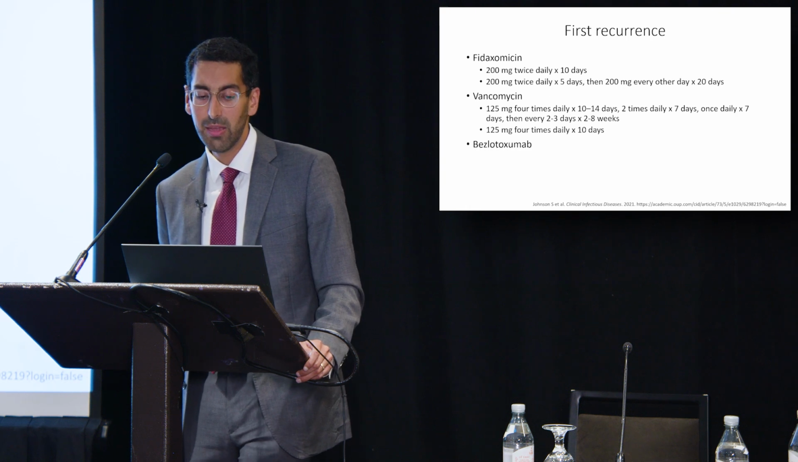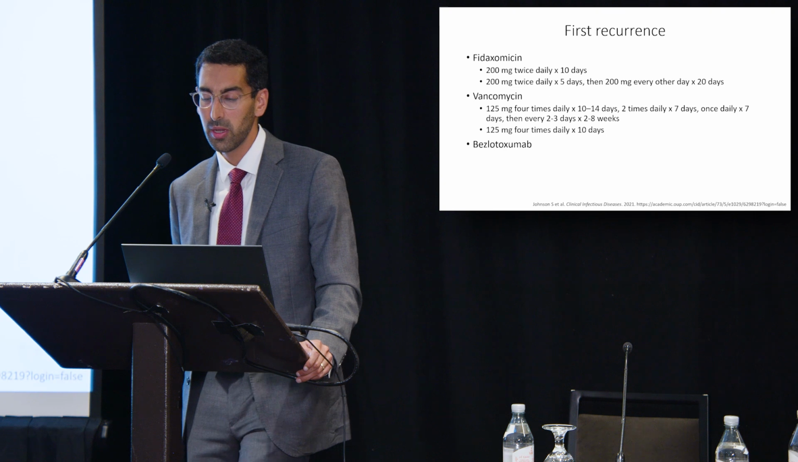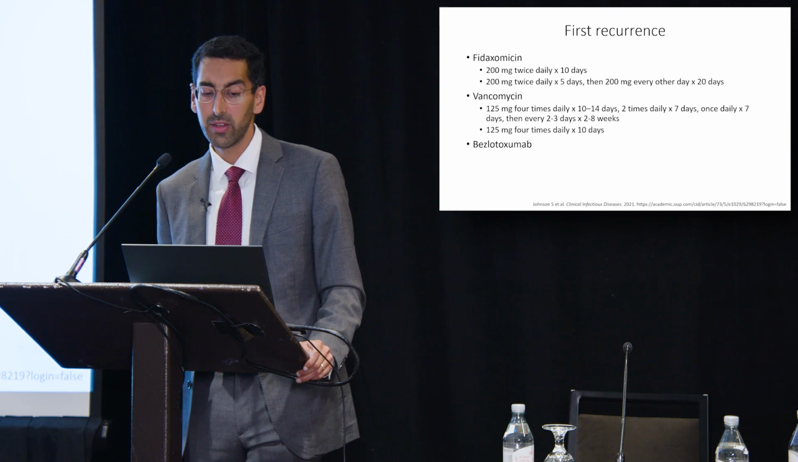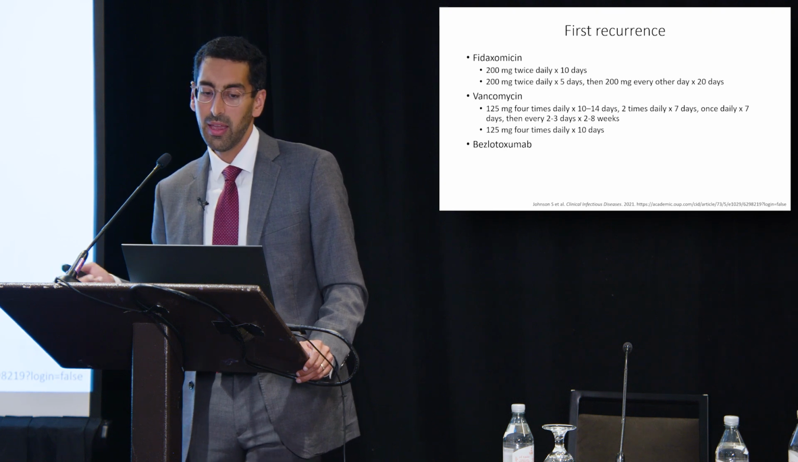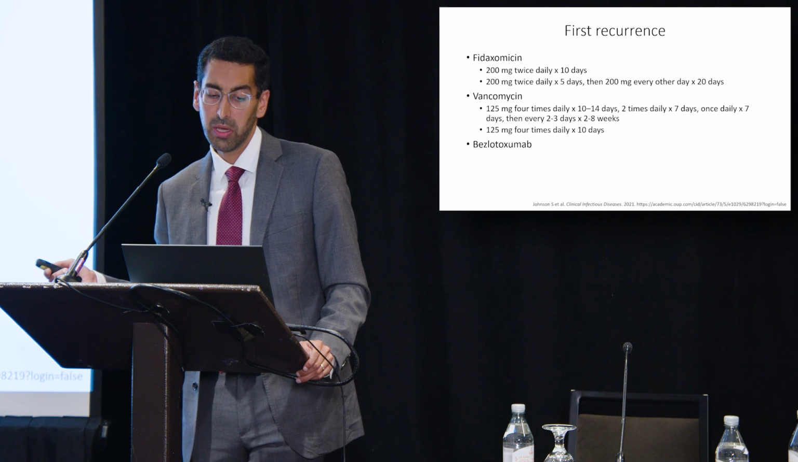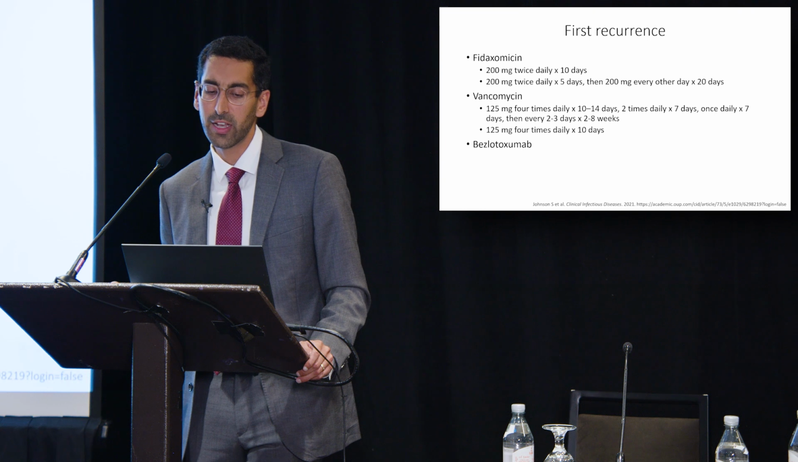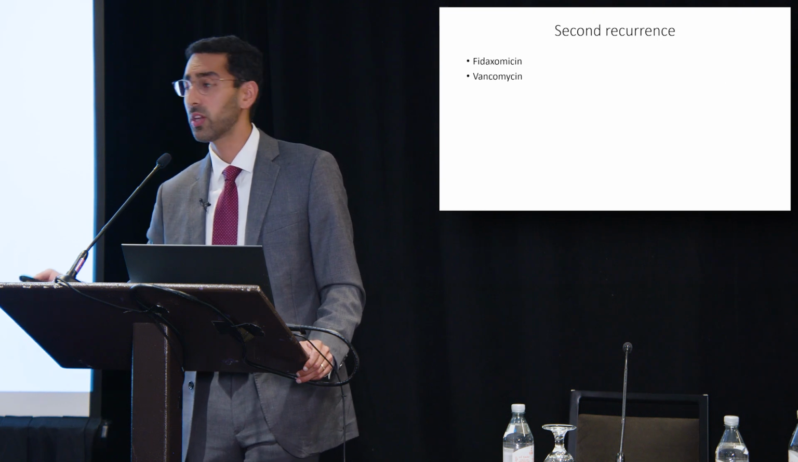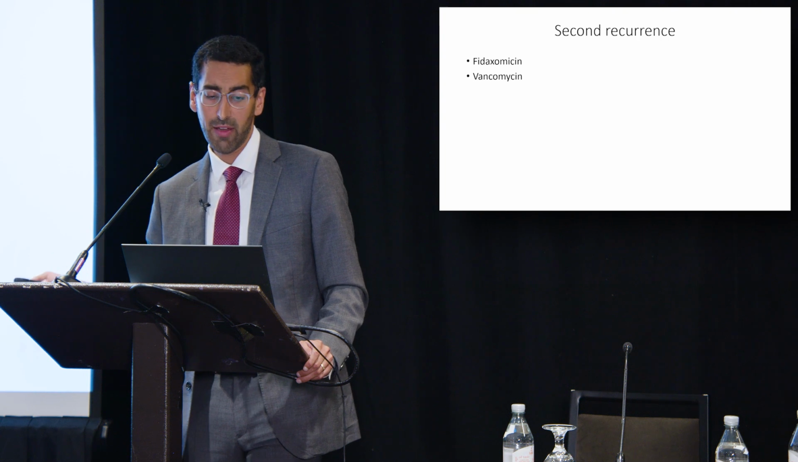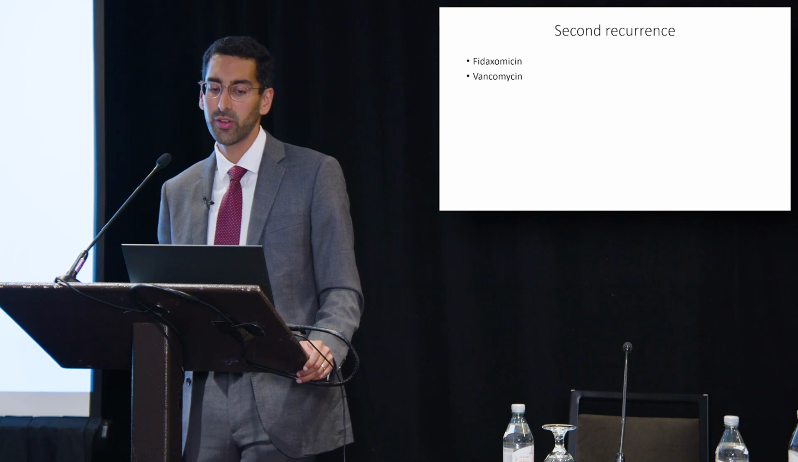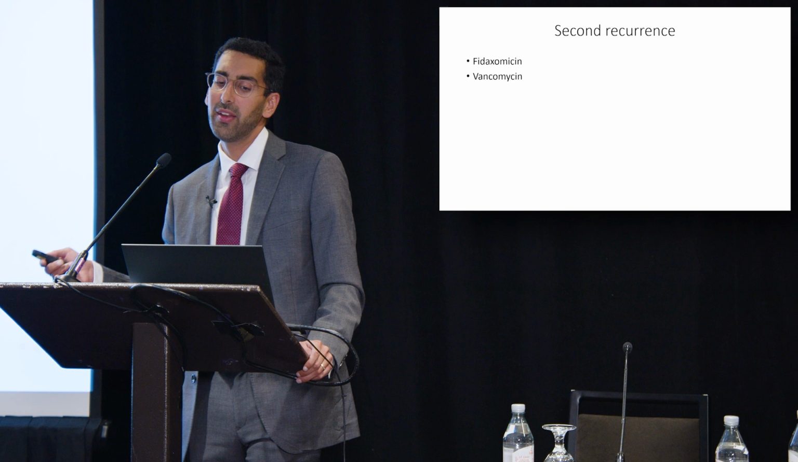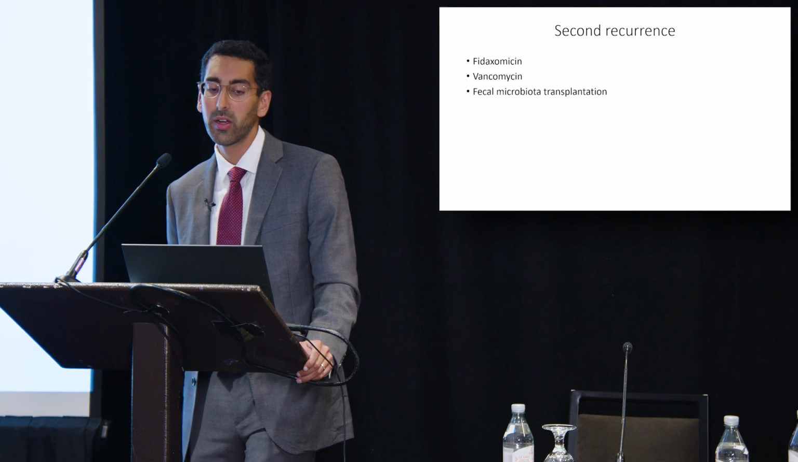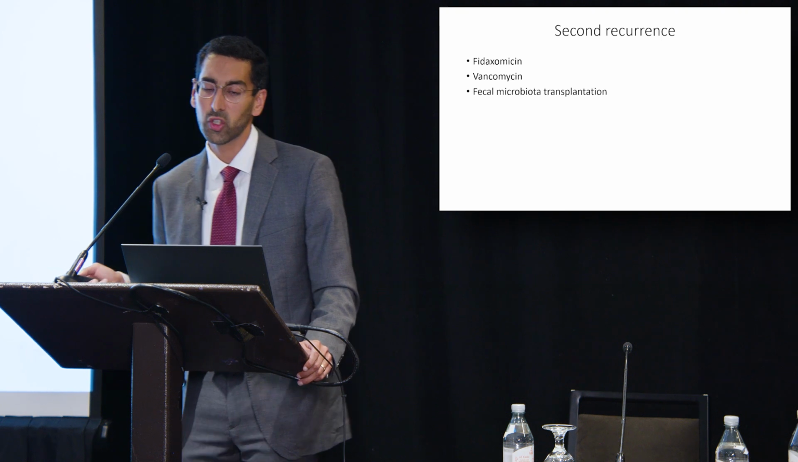Bezlotuximab is an IV monoclonal antibody infusion that has been shown to have some benefit in decreasing recurrence of C. diff, and this may be used in some cases where patients are high risk for recurrent infections. If you have a second recurrence, again, you can use an antibiotic treatment that you haven't used before, such as fidaxomicin or vancomycin. But once you get the second recurrence, this is where fecal microbiota transplantation, or FMT,